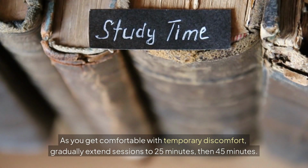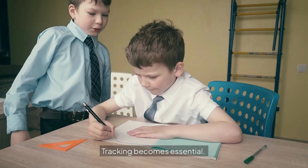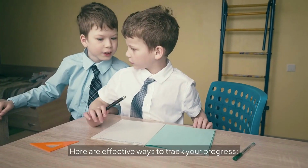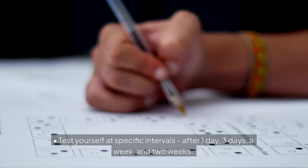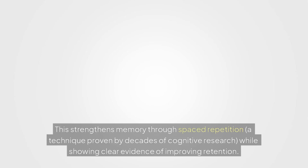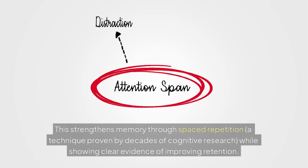How do you know if you're actually improving? Tracking becomes essential. Without measuring progress, it's easy to get discouraged and revert to passive habits. Here are effective ways to track your progress. Test yourself at specific intervals after 1 day, 3 days, a week, and 2 weeks. This strengthens memory through spaced repetition, a technique proven by decades of cognitive research while showing clear evidence of improving